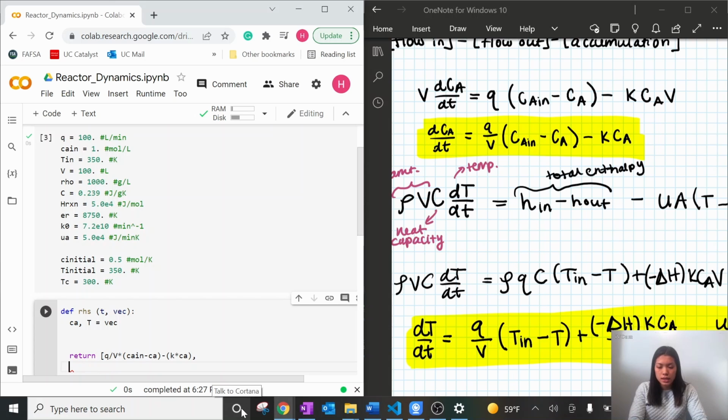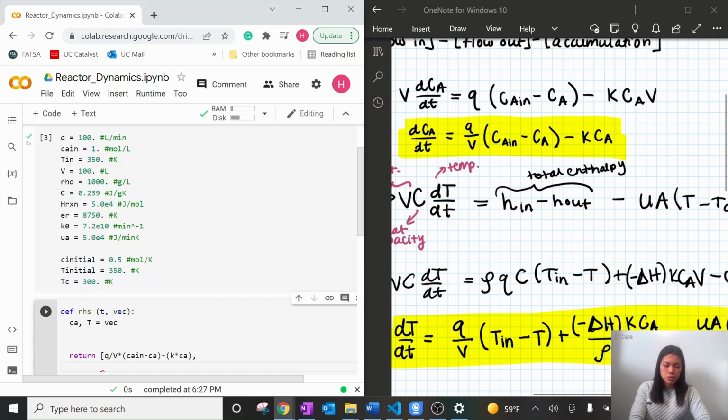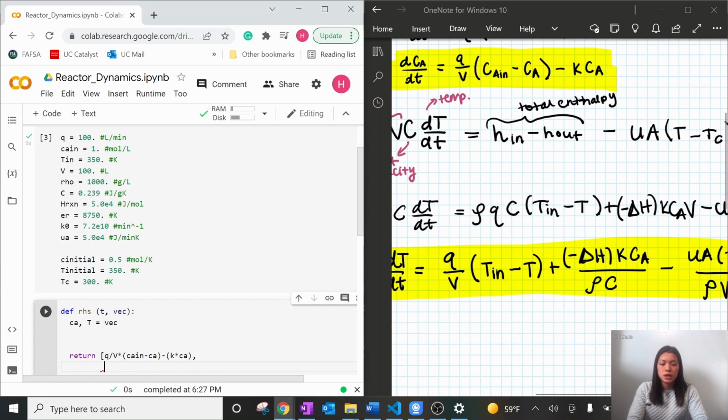And then the second equation, which will be the second term in this array, is going to be the flow rate divided by the volume multiplied by the temperature going in minus the temperature in the tank, plus the negative enthalpy of reaction multiplied by the reaction rate multiplied by the concentration in the tank divided by the density multiplied by the heat capacity,